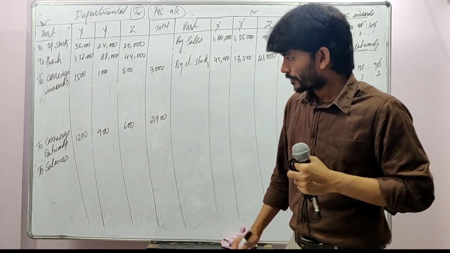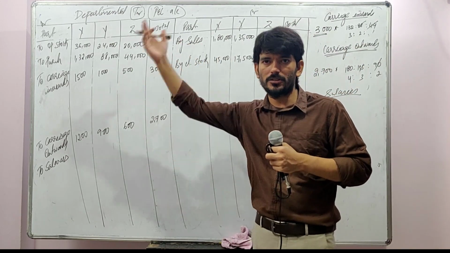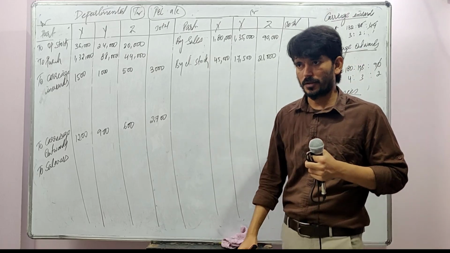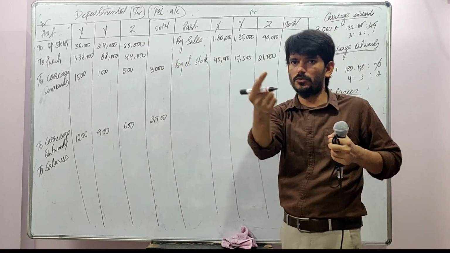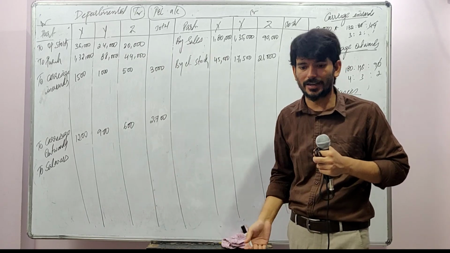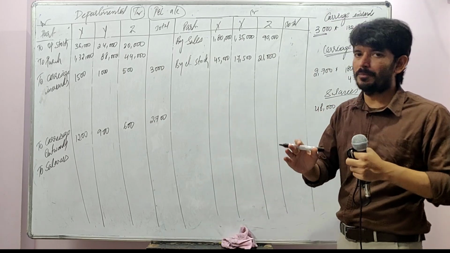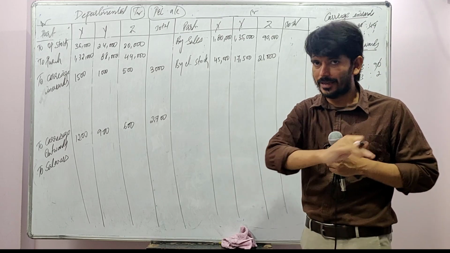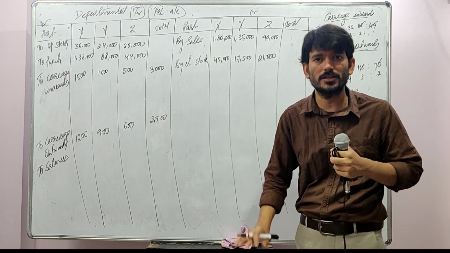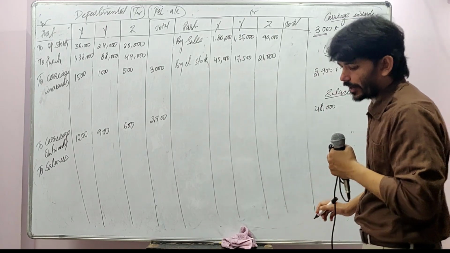I'll go back to the question. Can salary be based upon your furniture? Because somebody has more furniture, you'll pay more salary? No, right? So that is irrelevant. Floor space? No. Maybe there is one large area with only one employee, and a small area with 10 employees. So the space is not the criteria. Number of employees is very clearly given. Even the number of employees is not the exact way of apportionment, but for the information given in the question, number of employees is reasonably good. So the number of employees in each department is 25, 20, 15.